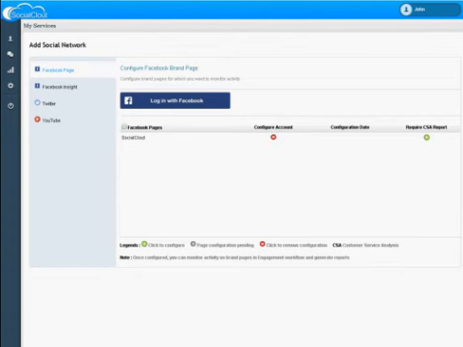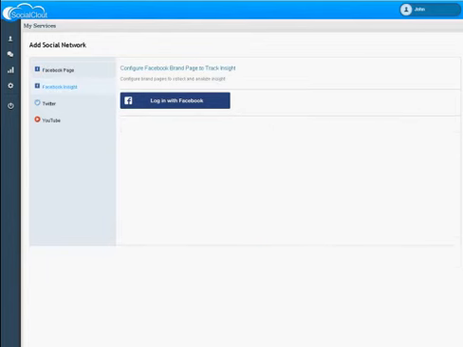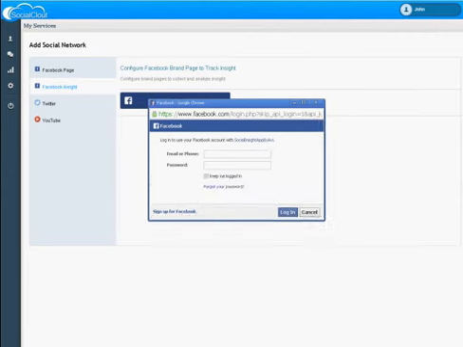Now we will configure the Social Cloud page by clicking on the configure button. You will get a confirmation pop-up. Click on OK and voila, your Facebook page is configured. Similarly, if you use this Facebook page for customer service, you will have to configure it for the CSA report. You can remove the configuration in future by using the remove configuration button.